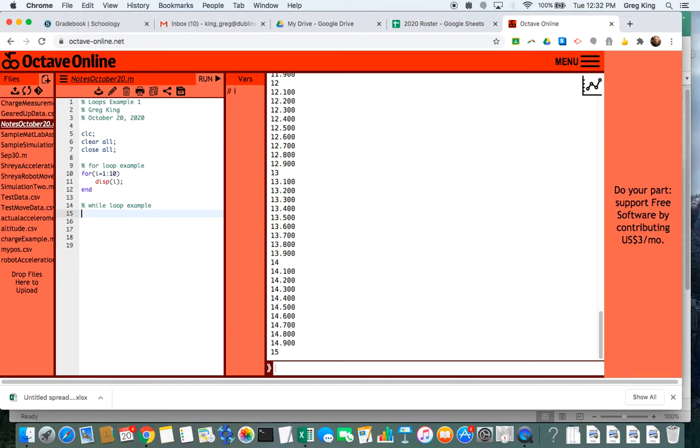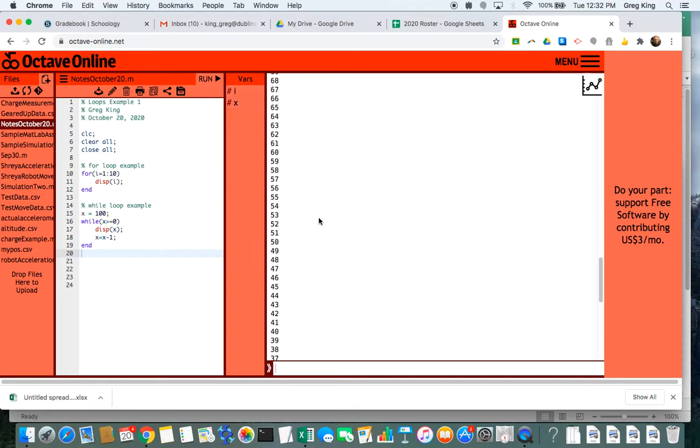And a while loop is like an if statement, but where the statement inside gets repeated as long as the condition is true. So I'm going to try x equals 100, while x is greater than or equal to 0, display x, x equals x minus 1, and end. And this is going to count down from 100 to 0. So if we save it and we run it, you can see we're counting down values